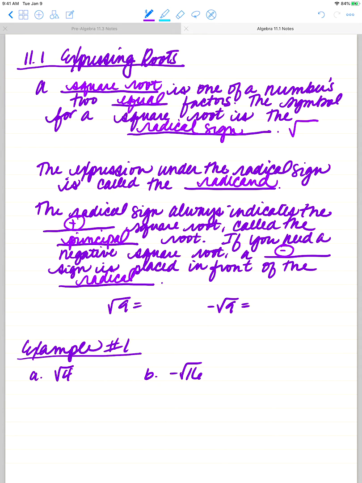So the square root of 9, the principal root, would be 3. The negative square root of 9 would be negative 3, okay? So example number 1, super straightforward. What's the square root of 4? It's 2, okay? What's the negative square root of 16? Negative 4,